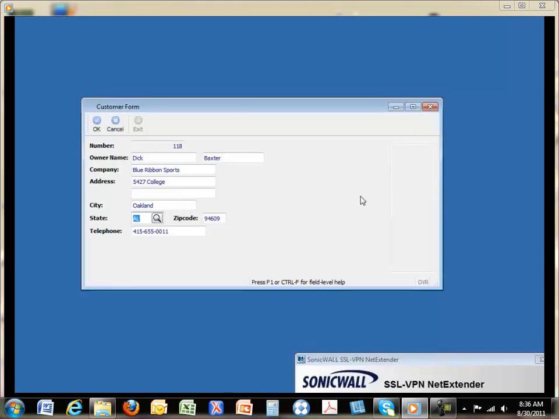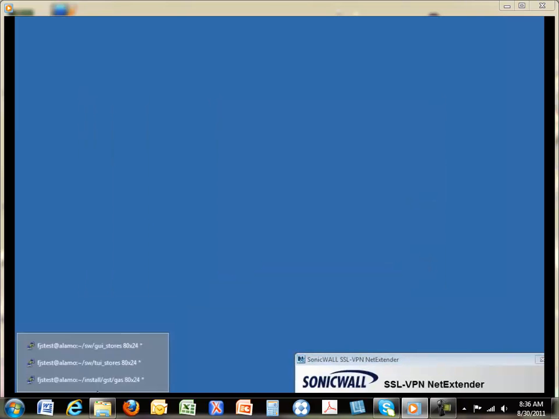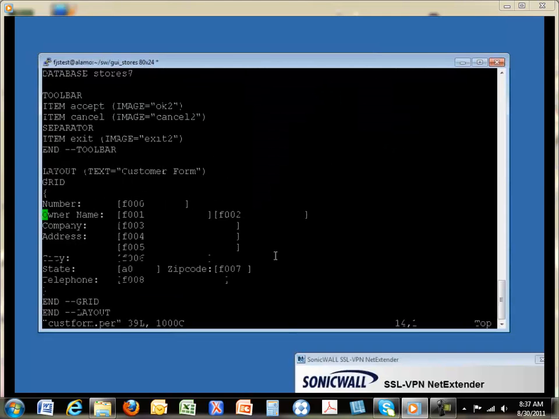So let's just take a look at the form so that we can get a sense of how simple some of these changes are to make. Now at this point I could pull up the form right from here. So if it's the, let's see, cust form, and we could use VI and I could walk you through all the changes to the form file. But instead of working in VI, I'm going to show you Genero Studio, which is the graphical development environment